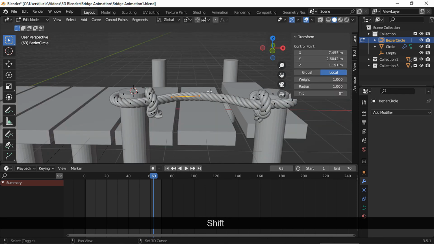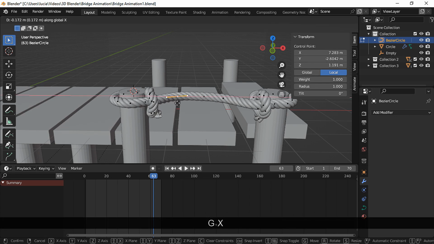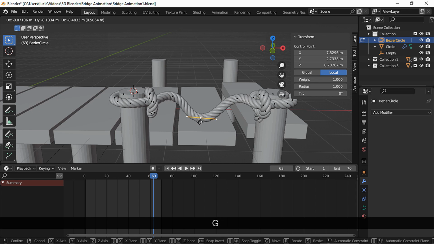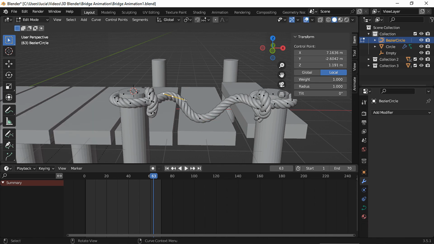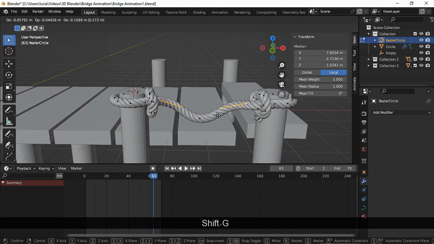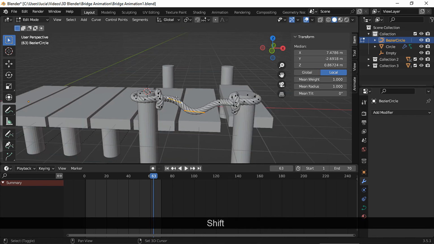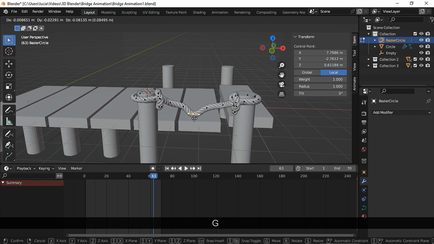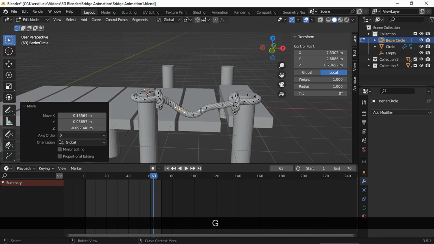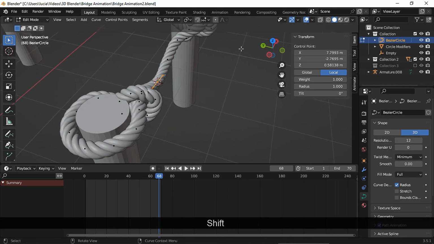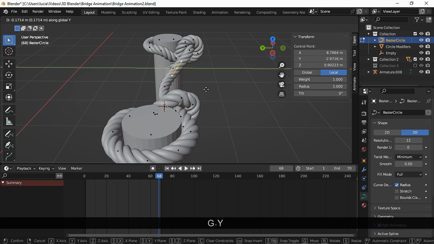And now we need a few more points in the middle so we can take the rope down so it looks more natural. Let's make the final refinements.